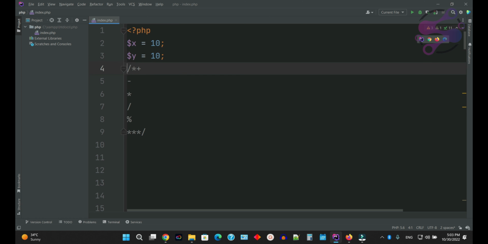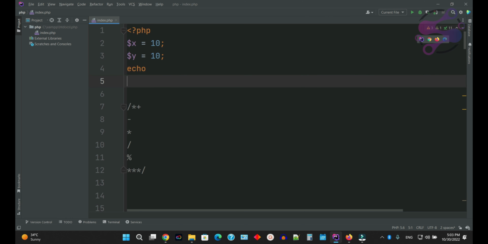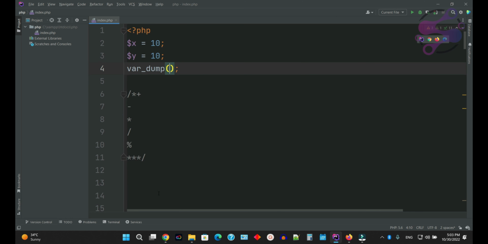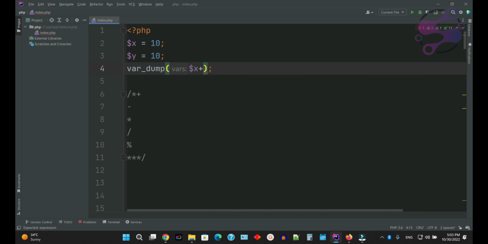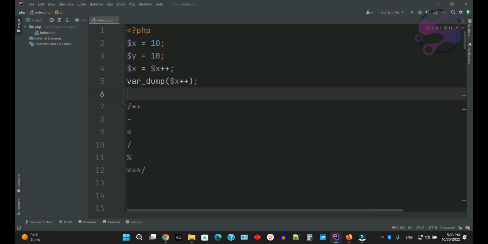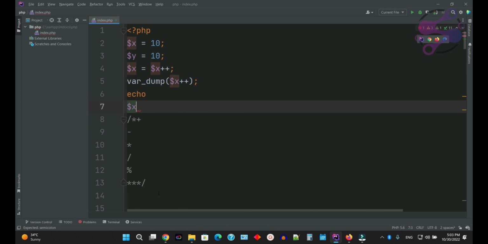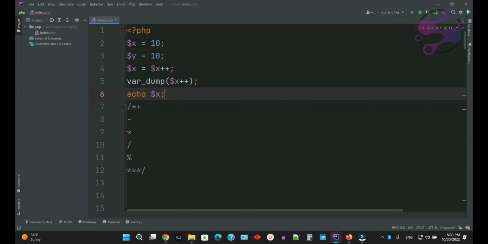Okay, if you talk about the increment operators, let's suppose you are saying echo x. So it's saying 10 value. If you say x plus plus, as you can see, now I'm saying x equals to x plus plus. Now go to the page, refresh the page, and now if you say echo x, definitely it will give you the value because you are using the post increment,